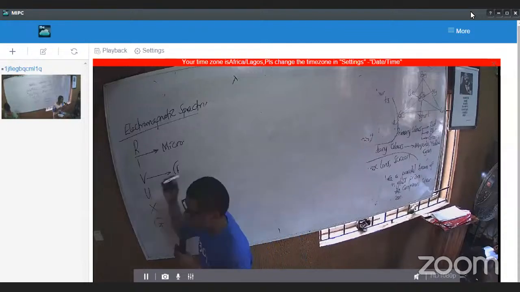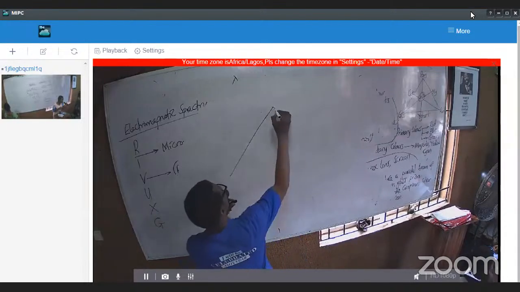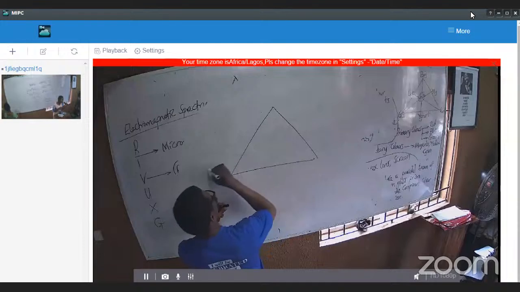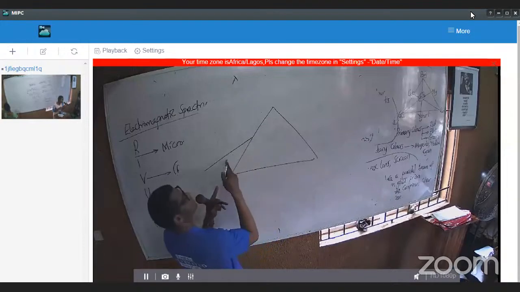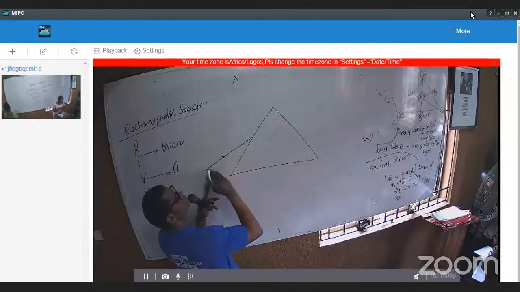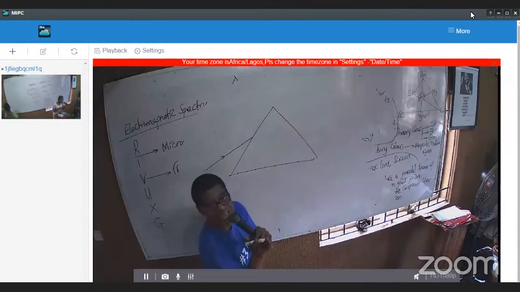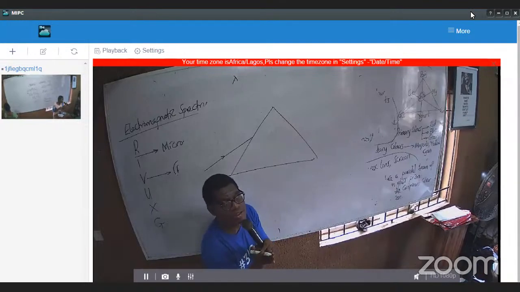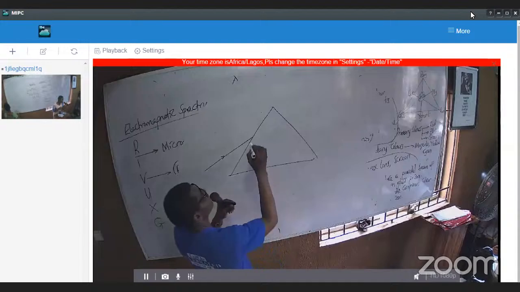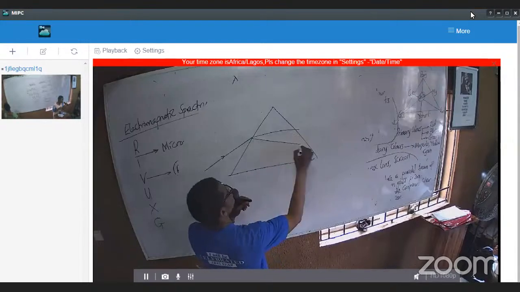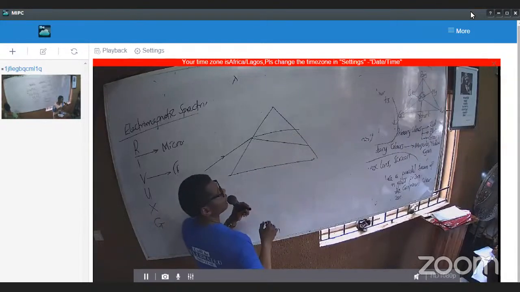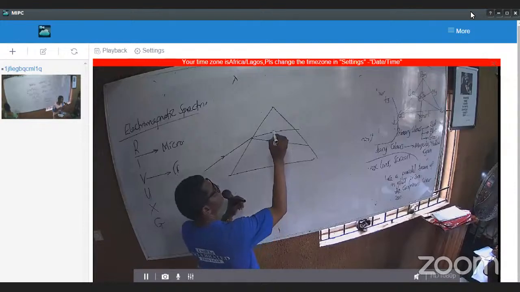Because why do we have dispersion? That was the first thing I gave you as note. Why do they disperse? Why do they split? They were together in air like this, all of them moving together at the same speed: red, orange, yellow, green, blue, indigo, violet. Then I got another split. Violet is the most deviated.